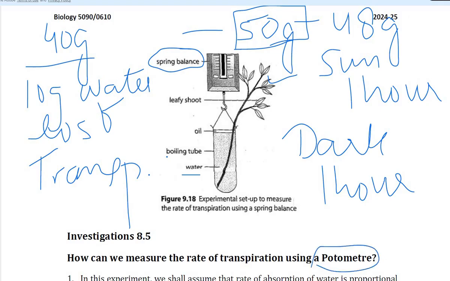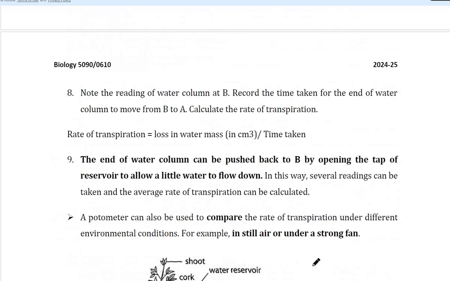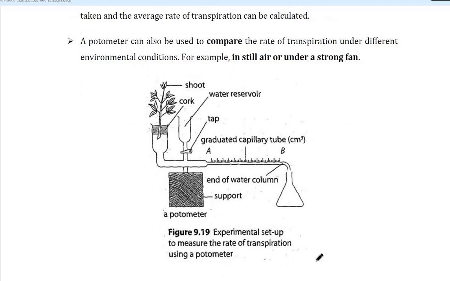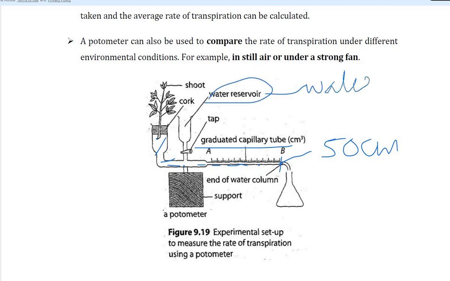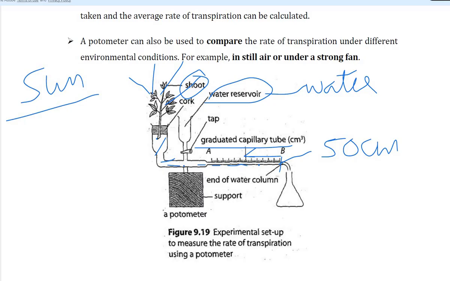Or the last experiment is potometer. Potometer experiment is also very important. पोटोमीटर में क्या होता है कि हमारे पास एक स्केल है। स्केल पे फॉर एग्जांपल यहाँ पे बी तक रीडिंग आ रही है 50 क्यूबिक सेंटीमीटर। हम क्या करते हैं, इस सारे को वाटर से फिल कर देते हैं और ये जो वाटर रिजर्वायर है इसको भी हम वाटर से फिल कर देते हैं और ऊपर हम एक प्लांट लगा देते हैं और ऐसे करके शूट डिप कर देते हैं। अब हमने इसको फिर से सनलाइट में रखा। अब लीव्स में से ट्रांसपायरेशन हो रही है तो वाटर बी से चलता चलता चलता यहाँ आ गया 2 घंटे में फॉर एग्जांपल।